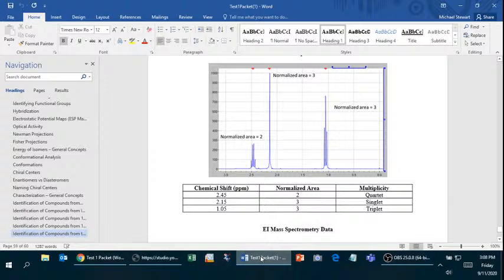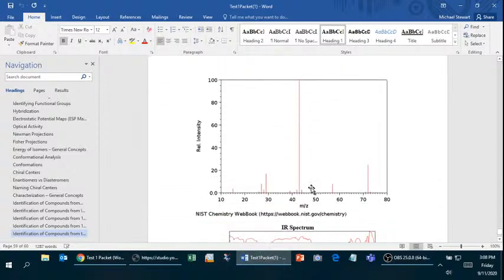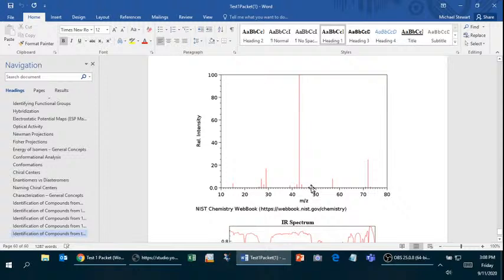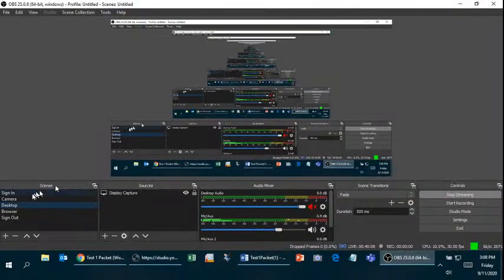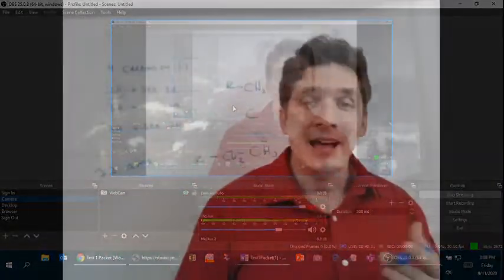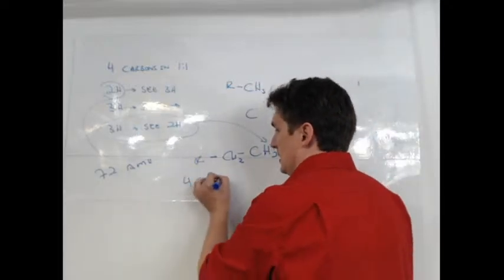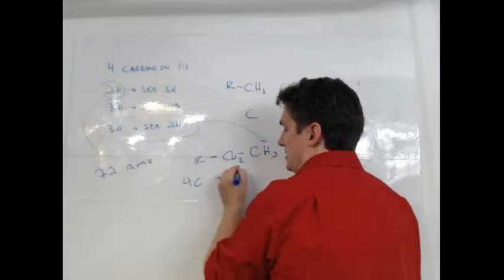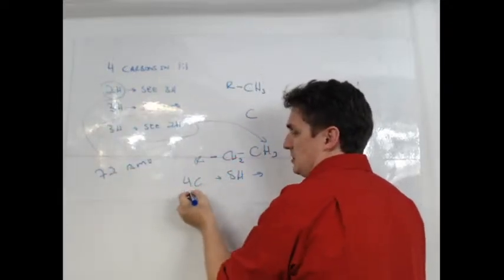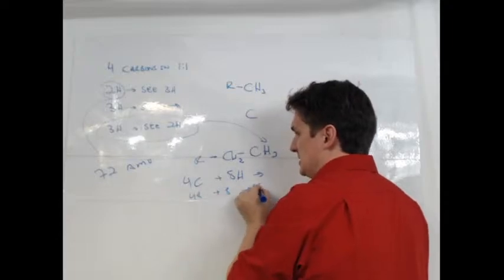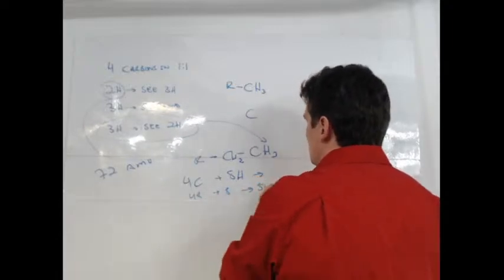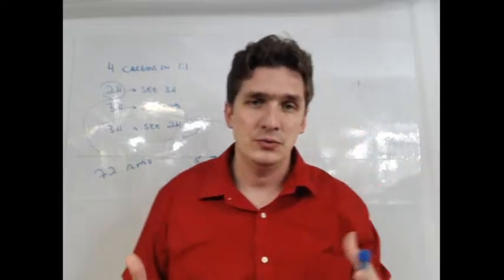now we've got mass spec data. And the mass spec data is going to tell us how much this compound weighs. Now the parent ion here is at 72 AMUs, and that's an important number. Because we already know how many carbons and hydrogens we have in this molecule. We have 4 carbons, and we have 8 hydrogens. So 4 times 12 is 48, plus 8 gives us 56 AMUs just due to the carbons and the hydrogens